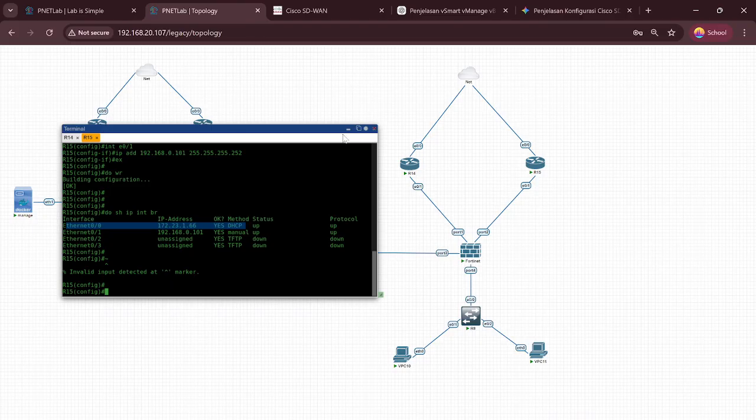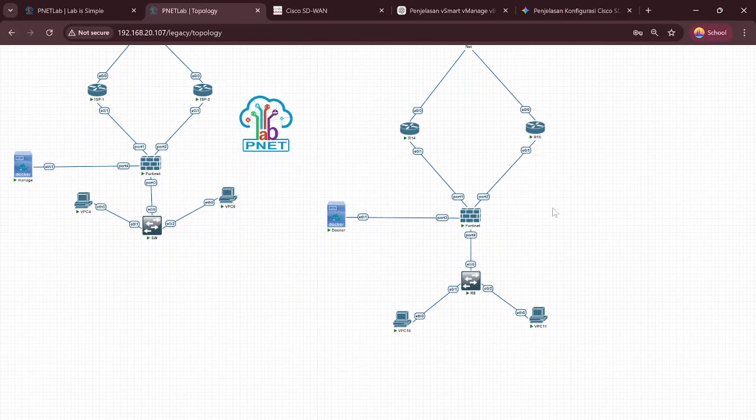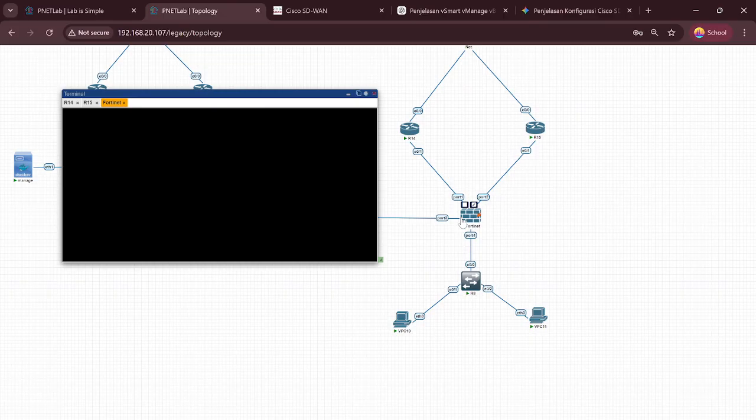Okay, now configure the next device. This is the FortiGate. Enter login admin, and no password. The default is no password. Click enter. Set a new password. New password is 123.